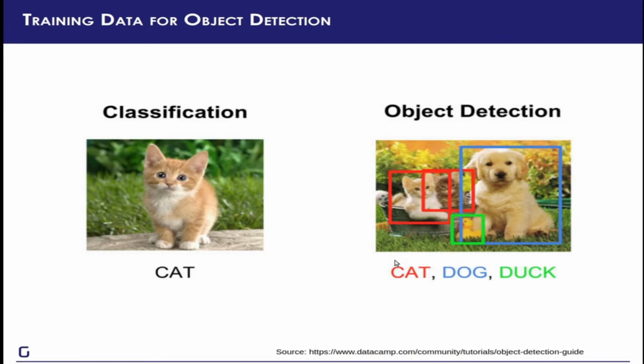Generating this kind of training data is expensive and it can take a long time, because imagine that if you just had to train a model to identify cats versus dogs, all I have to do as an annotator is simply look at that image and specify that it's a cat. But if I'm doing object detection, I have to drag a box around a cat, around a duck, around other dogs or cats, whatever, and then let the model know that each of these boxes belong to a different category.